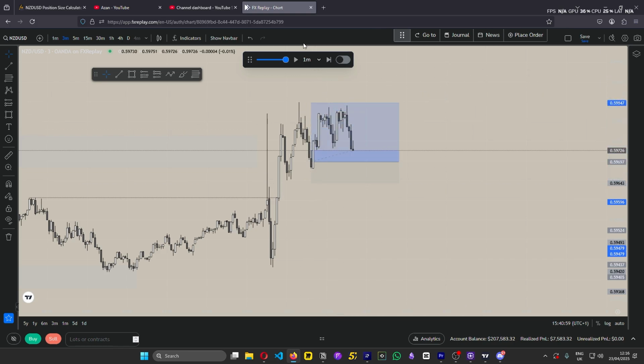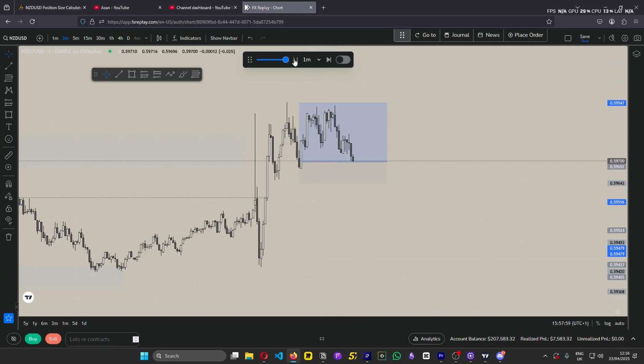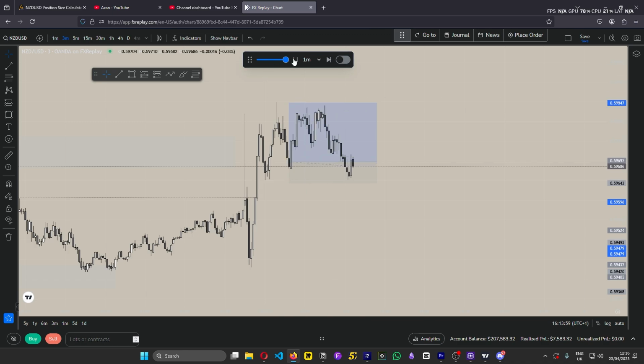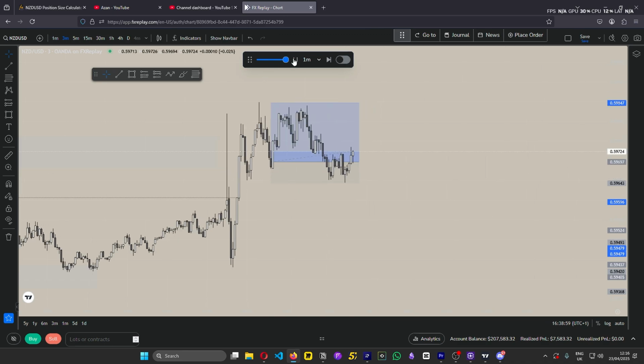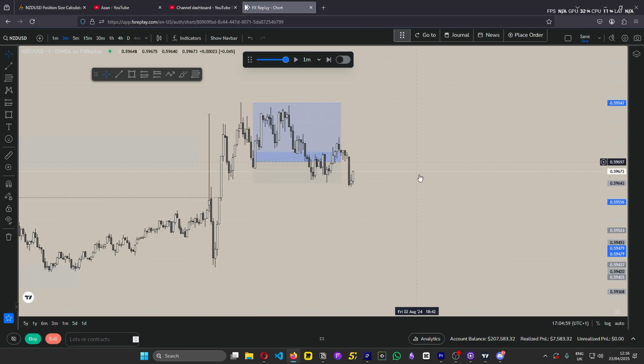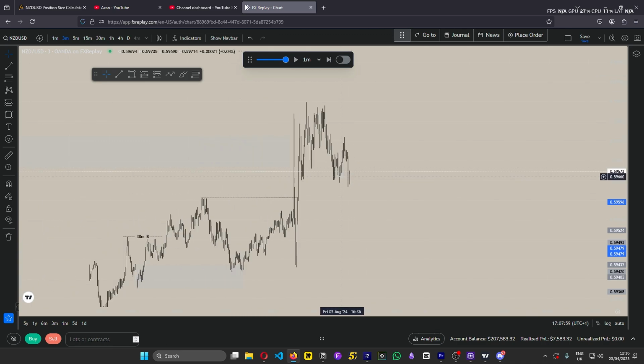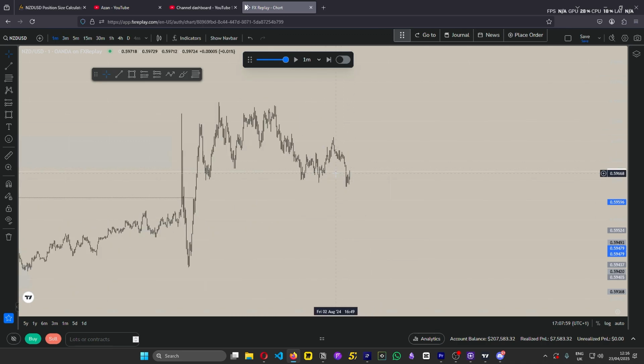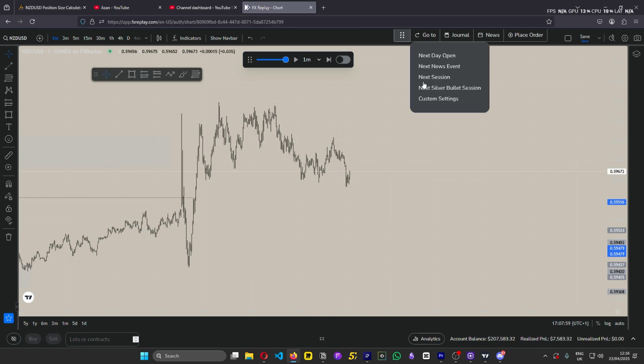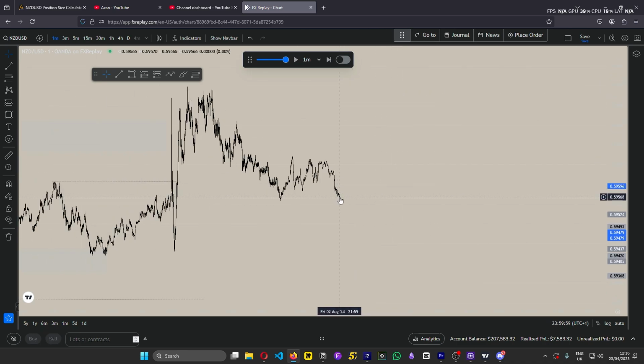Does this end up as a win or a loss? Let's see. NZD I think ends up as a loss too. Yeah, I think this is that. Yeah, it has to be a loss. But by this stage, you can clearly see that market is choppy, so there's not really a point taking trades here. So I'm gonna be going on to the next session.